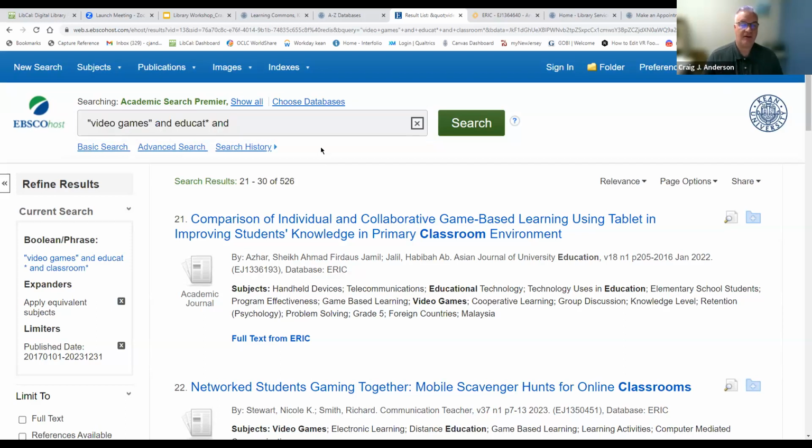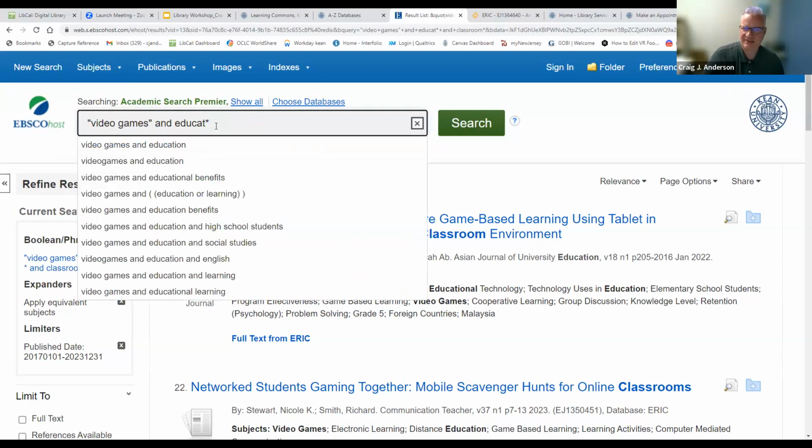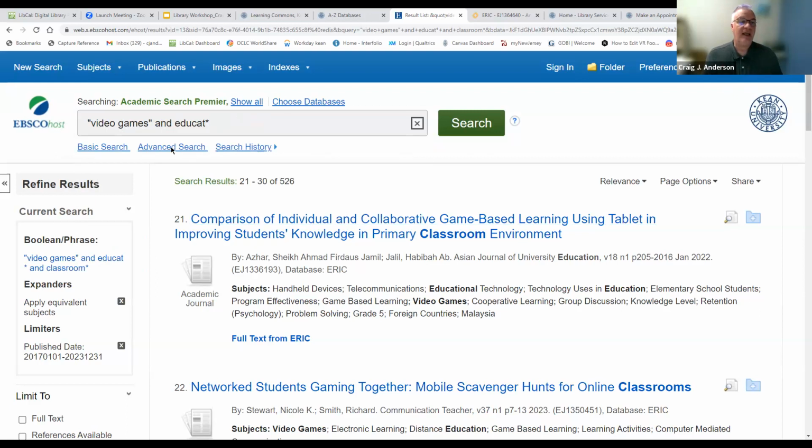And because it's kind of an algorithm, whenever we add the word "and" in between all of these different terms, because of the, I think it's the commutative property of addition, it doesn't matter which of these words we put first. I could have put education and video games and classroom, or classroom and education and video games. It doesn't matter what order these words come in. It's not going to weight them in any order necessarily. But you don't have to use the word "and", you can also use the word "or".